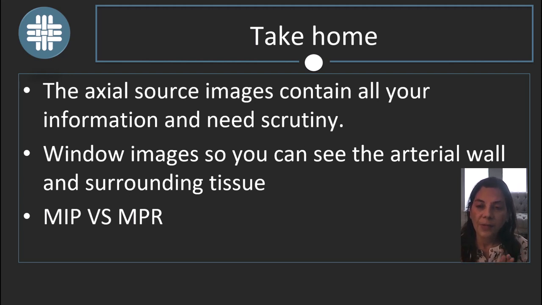And third, be aware of what each set of images is destined for. The MIP reconstruction images will show thicker portions of the parenchyma with long segments of the vessels, and they are very good to see narrowing, irregularity, occlusion, and branching points. On the other hand, the multiplanar reformatted images are the equivalent of your source axial images, but they are in the coronal and in the sagittal plane, and they will allow you to see detail of small structures in skull base and the